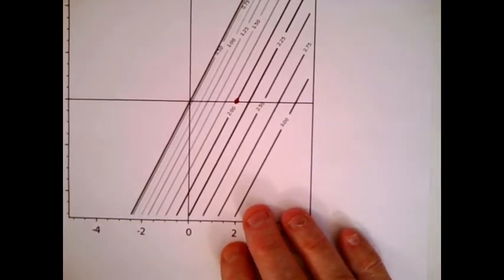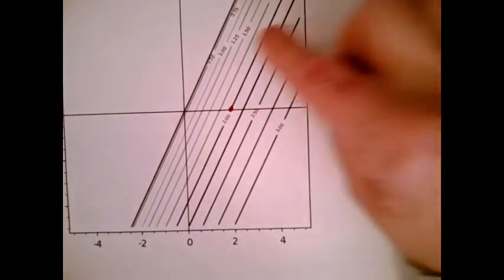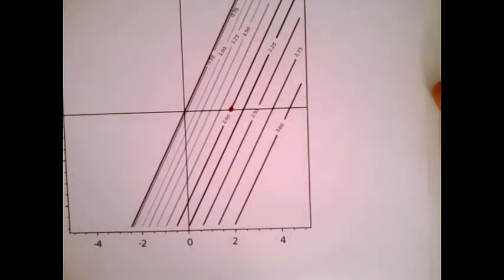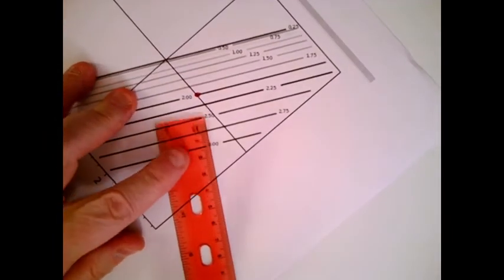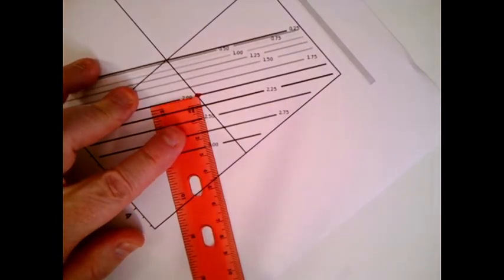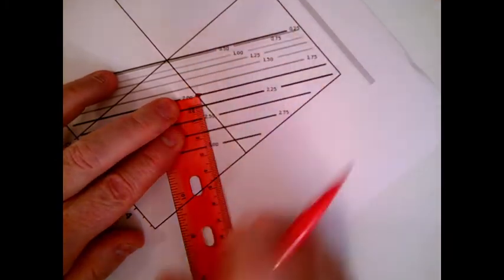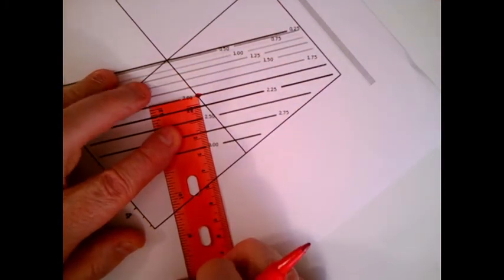We can see that the z values are going up by 0.25 each time, and so in order to get off this contour as quickly as possible in the direction of greatest increase, I'm going to have to go perpendicular through that point. So what I'm going to do is just make sure I'm going perpendicular as much as I can,